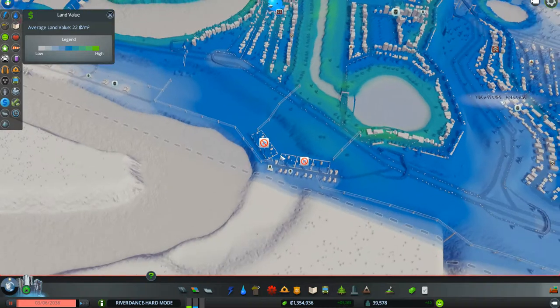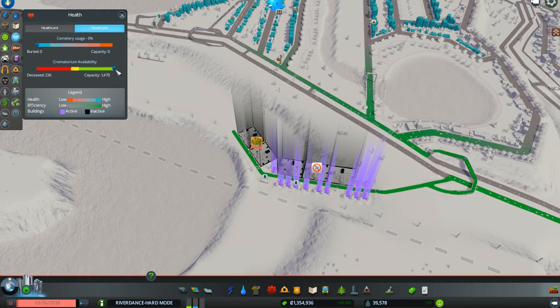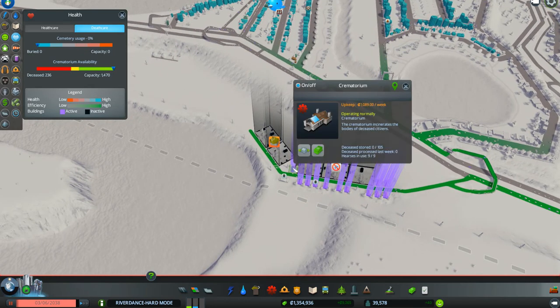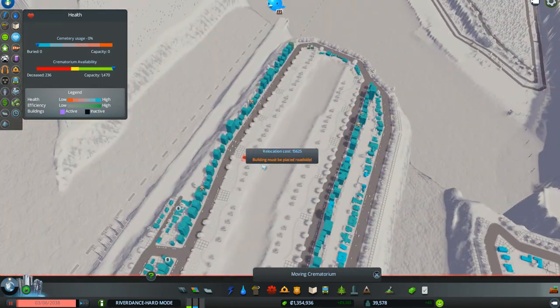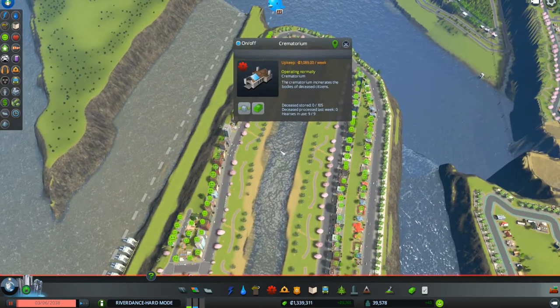So rather than put in new ones, because when you look, I've got all the capacity I need. Crematorium availability is huge. Don't need any more. I need to kind of move them around. So I'm going to take this one and I'm going to move him over here. Right there. Ought to be good. Maybe even there. How far can I go? I think what I'm going to do is put him here, and then